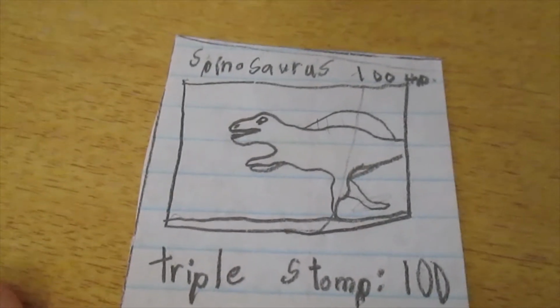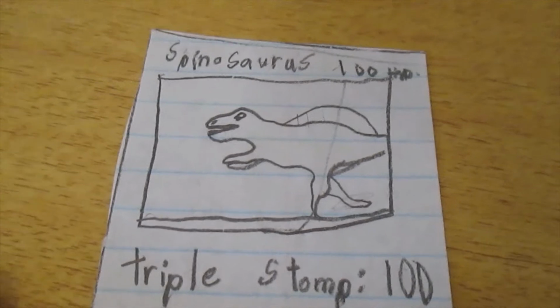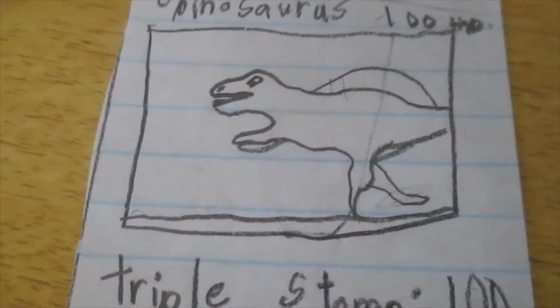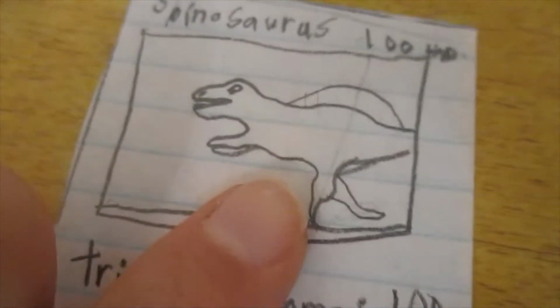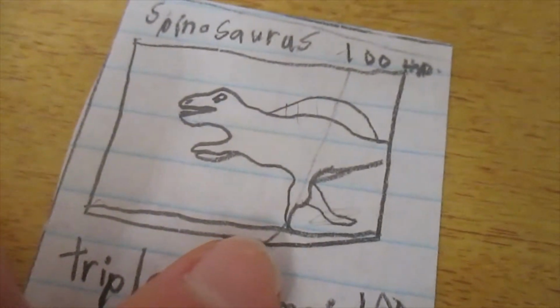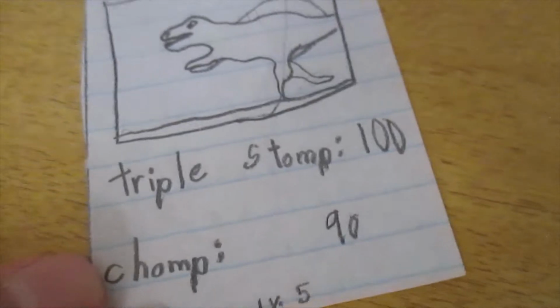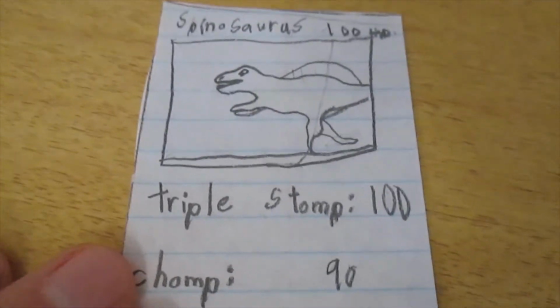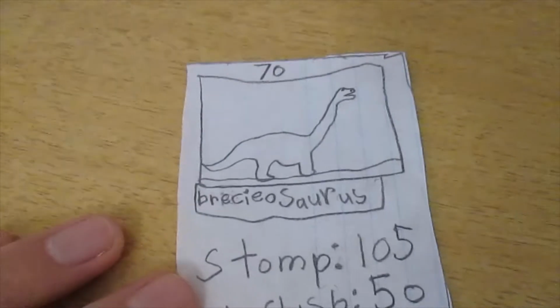Okay, here's Spinosaurus. He has 100 health, and look at that dainty ankle. Look how little his foot gets. You can do Triple Stomp for 100 or Chomp for 90, and he's a level 5 Spinosaurus. Still nothing on the back. I think some of them have stuff on the back, but I'm not seeing it, so...